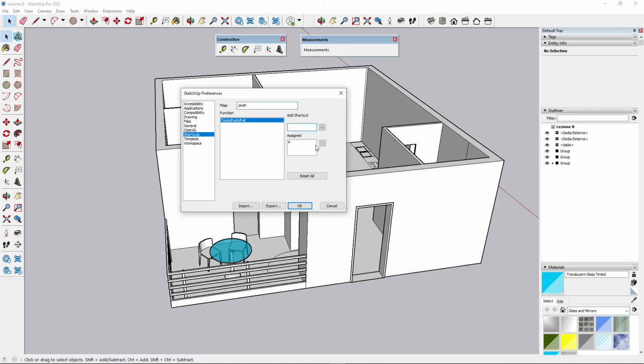For example, I can say, okay, I want to use the Q because it's near to my finger, or I can press A, and I say plus. But you see here that usually it's going to tell you that it's already assigned. In this case, it's assigned to the two-point arc. So you can reassign this if you want, or leave it as it is. If I reassign it, there you go, I have two shortcut keys for the push and pull. Now, if I don't like